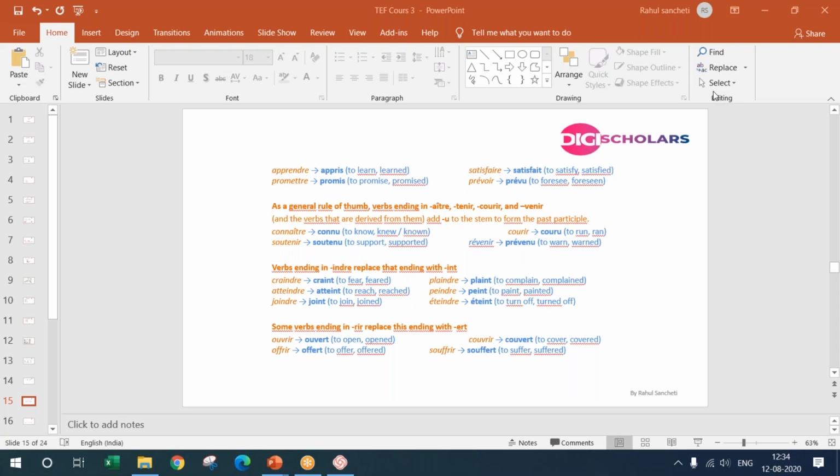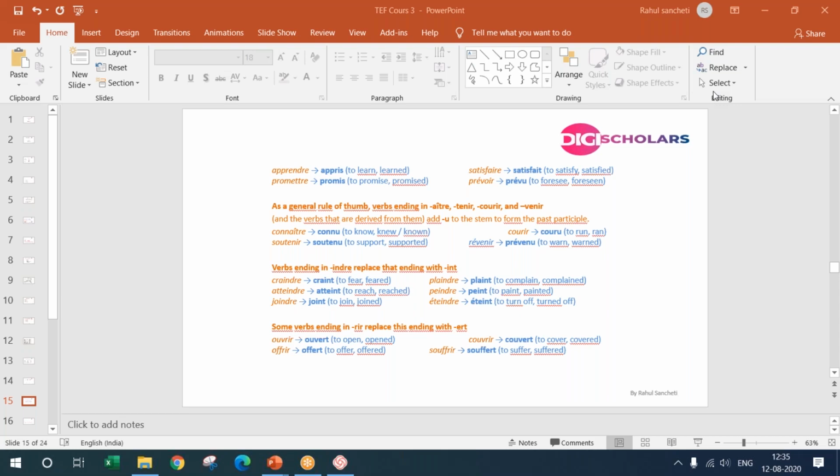See, first thing, for your understanding, let's take an example. Appeler is to call. It's a regular verb, right? It's a normal er ending verb. So we'll conjugate that with avoir, because the general rule is if it is not from that list of 14 verbs and it is not reflexive, you conjugate with avoir, right? Yes or no? Yes. So that's the first thing.